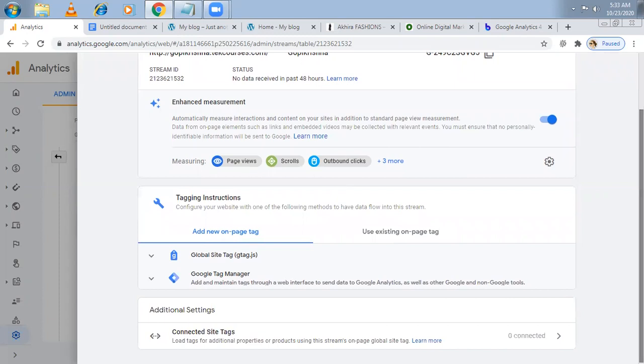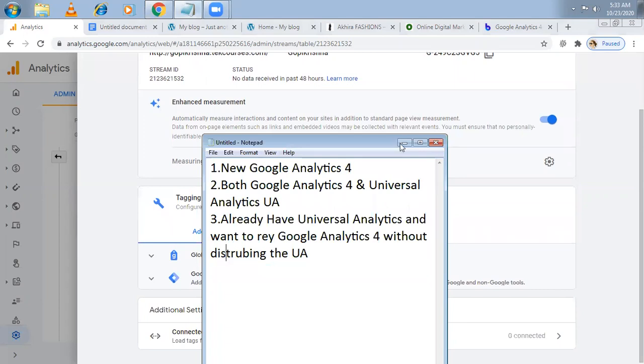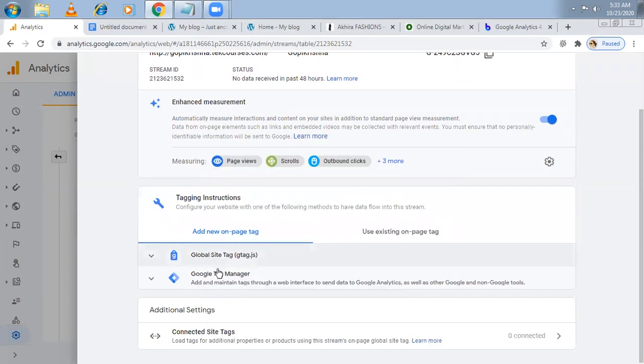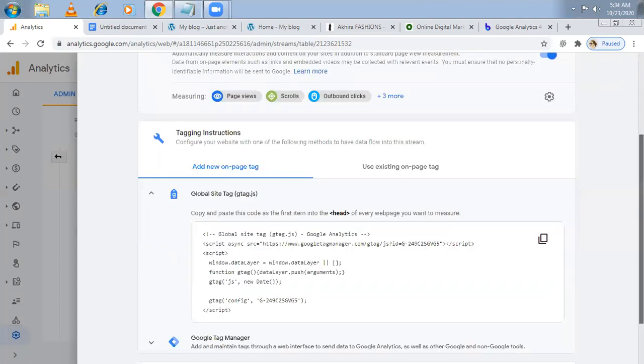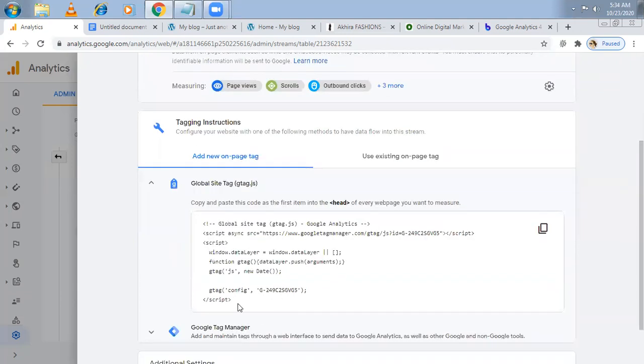So I'm talking about the new website here. I'm not going for the existing website. In the first example, I'm explaining for new websites. So there are two options. One is global site tag, the other Google Tag Manager. People who have knowledge of Tag Manager use it. But most of my students, when I say Tag Manager, they say it's rocket science. So I'm not going for that. So global site tag. And if you see the number, G hyphen. So copy this